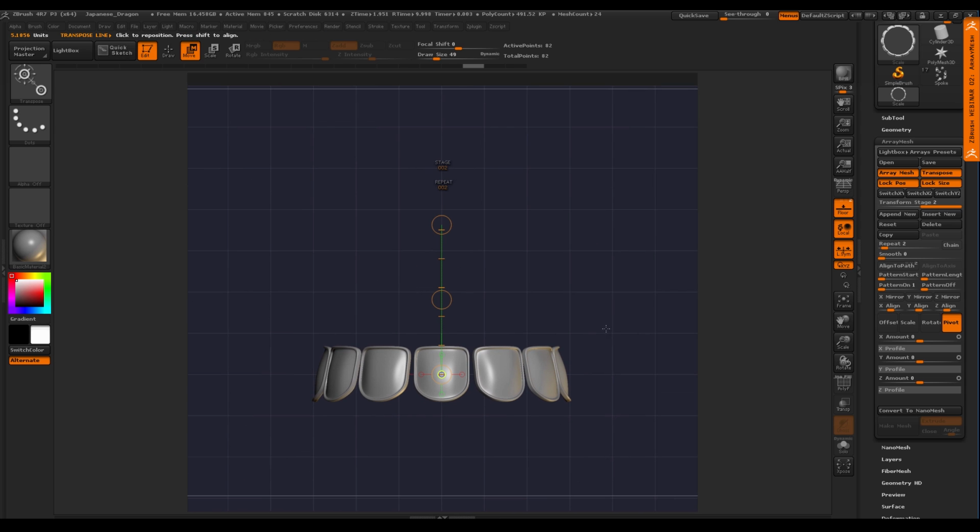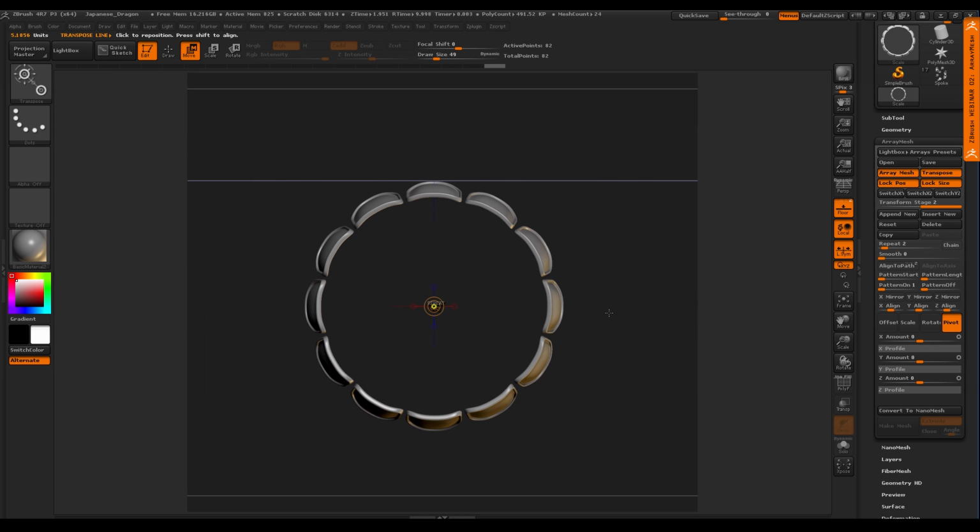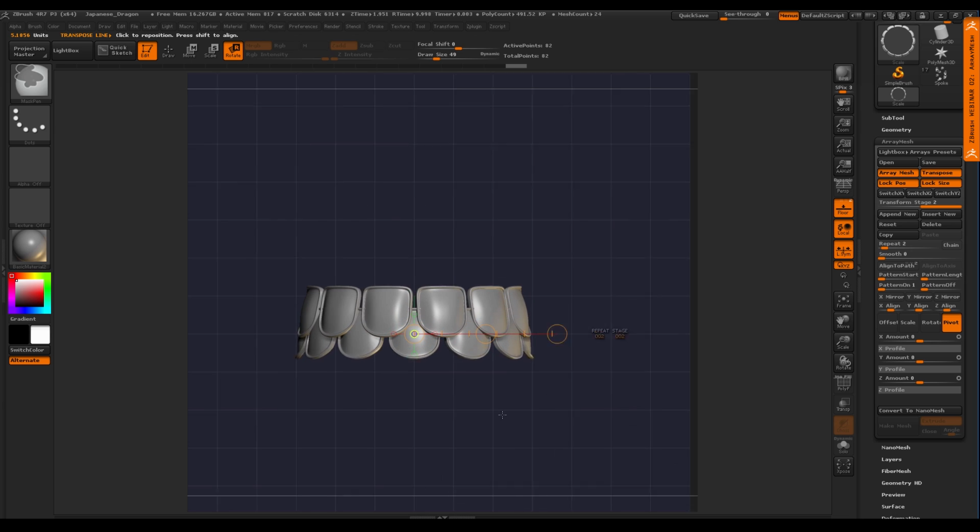So what I do want to do is offset that second stage in the world. So I do want to have the transpose line on. I want to have my move on, and I'm just going to move it up. That looks great. And then I want to actually rotate from the top view. So again, you can see that handy dandy snapping of my transpose line coming in handy here. All right, so I'm going to switch to rotate up here. And now I'm just going to rotate and say, how offset do I want those? There you go.